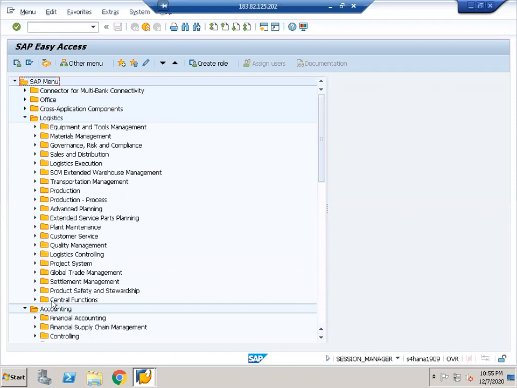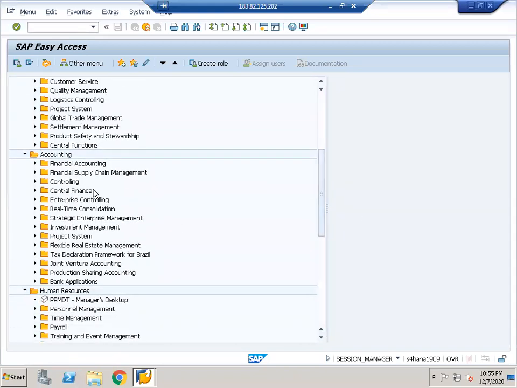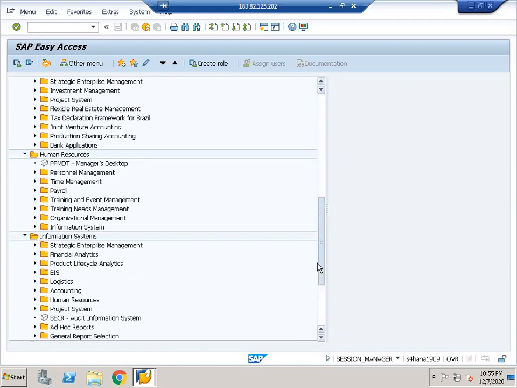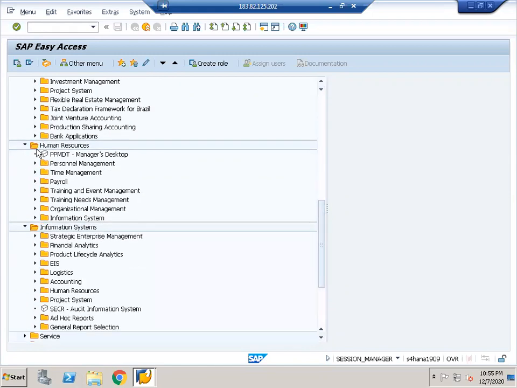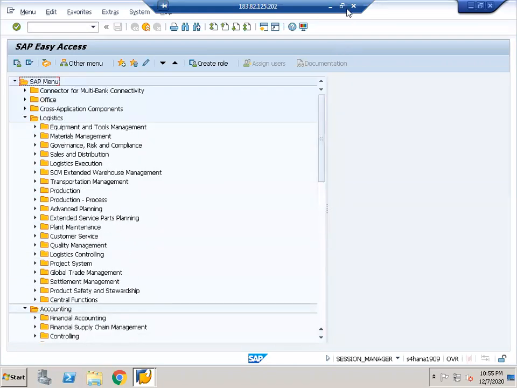Materials management, sales and distribution, transportation, plant maintenance, production, all those modules come under logistics. And modules related to accounting like financial accounting, controlling, investment, banking, all come under accounting. And modules related to HR come under the HR category. So these are different modules, right?